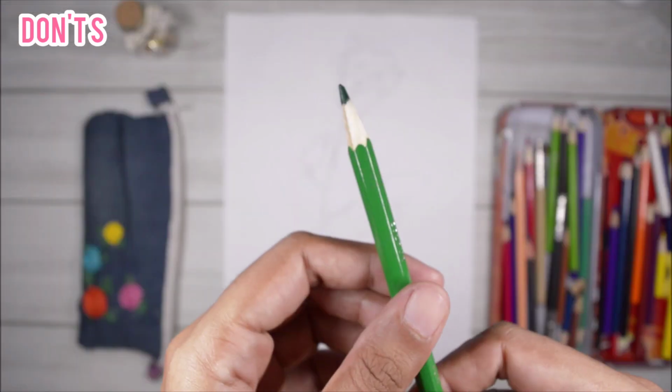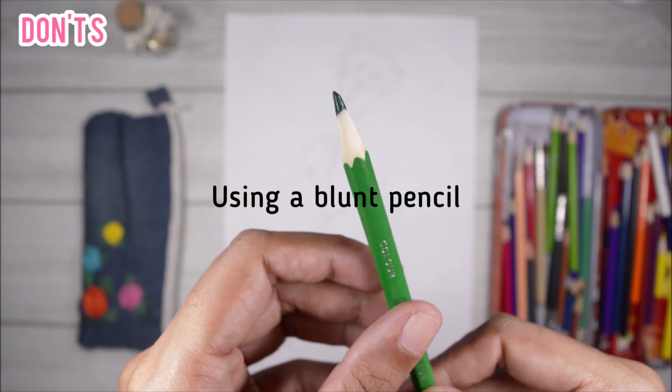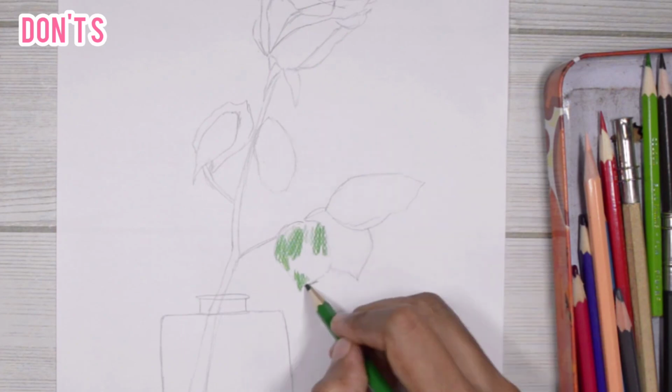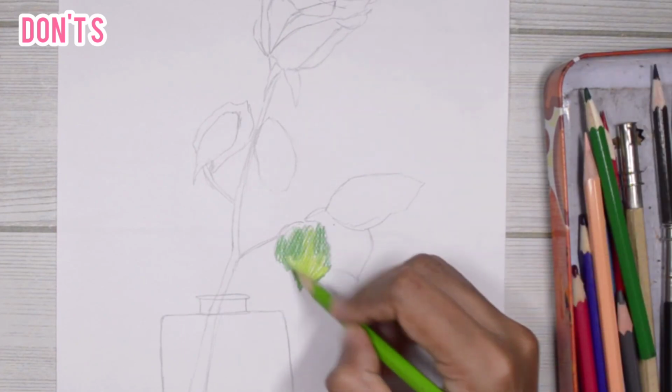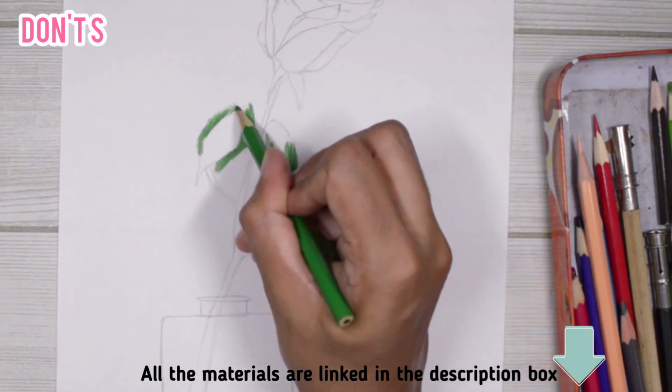The most common mistake that everyone does when it comes to color pencil is using a blunt pencil, and this blunt pencil is not going to fill out the grains of the paper, and also you're going to get a very streaky finish. You can also see that I'm only using two colors for the leaf, a light green and